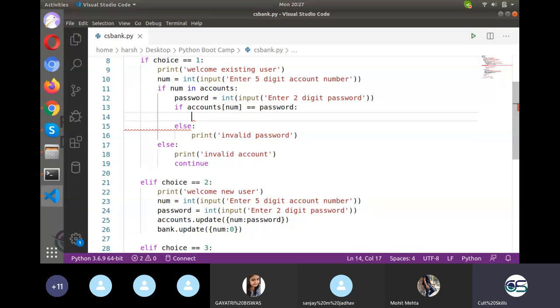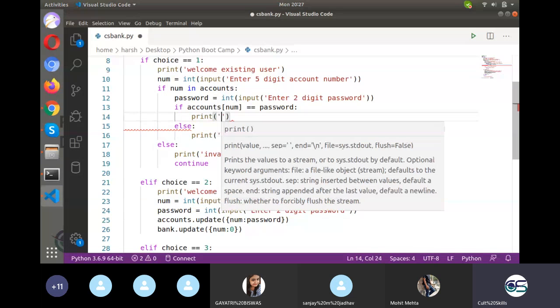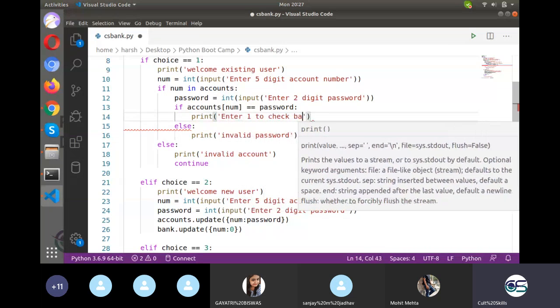Now what do we need to do? Print: enter 1 to check balance.